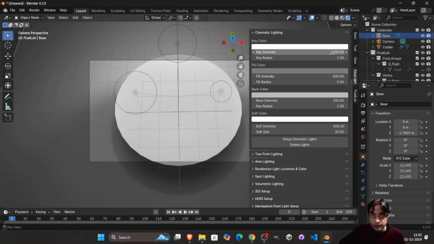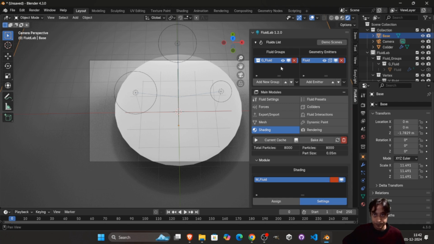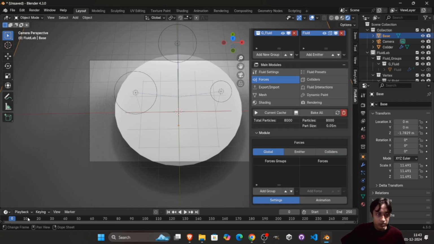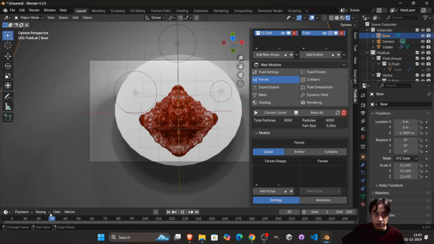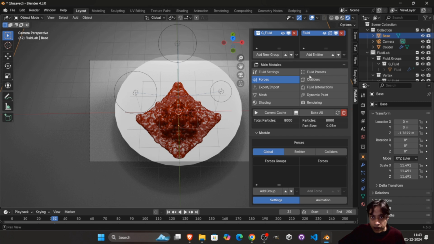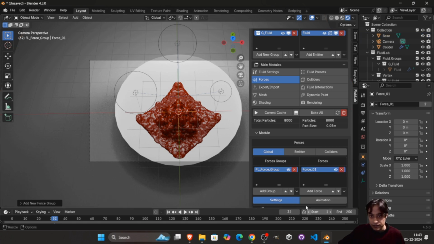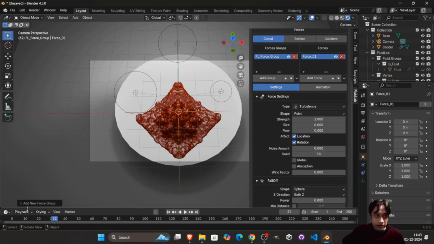So if I go back to Fluid Lab, let's use the force tab for a little bit of motion. So now as you can see, this is a very normal fluid simulation, but if we go ahead and add a little bit of force, we can add a group of force to it as well. So now let's add this, press OK. Now we add a force, we add a generated force. So now once we have added this,